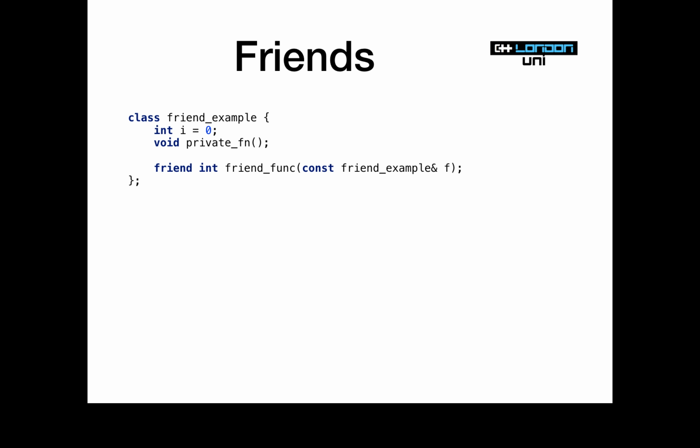But that's already in the class, so why does it need to be a friend? It's not. This is not a member function. This is a free function. It doesn't belong to our class. I could have defined this function up there. Perhaps that would have been a better example had I done that. We could have first defined this function, and then later said that it's a friend of ours.